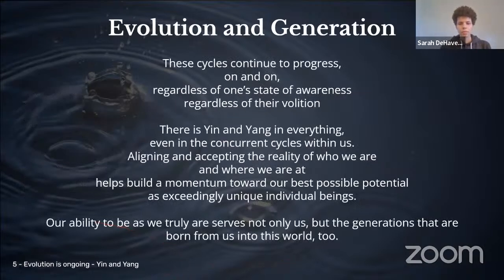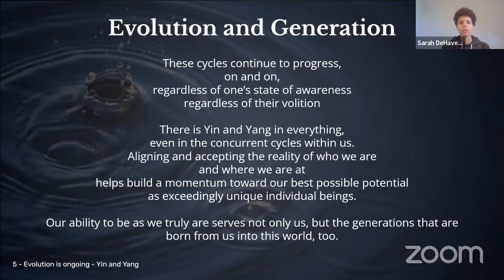These cycles continue to progress on and on throughout eternity, it seems, or at least as long as we live on this planet. And even then, just the thoughts of what astrology would be like on other planets and other solar systems and other galaxies, it's just unfathomable. So I guess I'll just rein it in and bring it back to Earth. These cycles that we're experiencing on Earth do continue to progress on, and they have been since time immemorial, it seems,